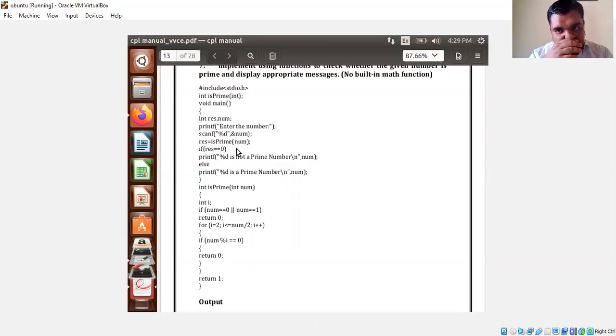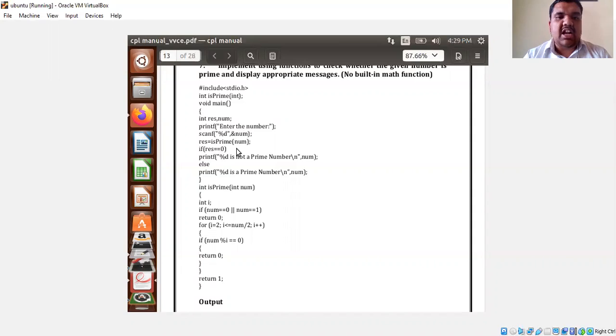Here you should observe which category of function this program belongs to. It belongs to the third category of function, that is, function with arguments and with return value. Here we are passing the arguments also, and after the completion of the execution, it is returning a value. Yes, the third category of function.